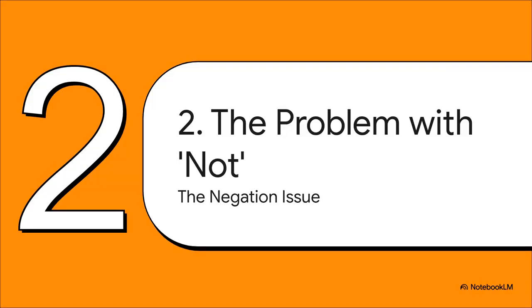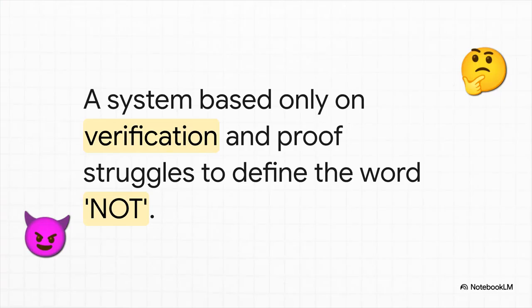So where does this whole truth-only system start to crack? Well, it turns out the entire thing gets tripped up by one tiny three-letter word. Yep, you're looking at the villain of our story, the word not. Think about it. In a system that's all about verification and proof, how do you prove a negative? How do you prove that there is not a purple elephant in the room with you right now? You can't exactly point to a not elephant, can you? This simple word completely breaks the elegant system of truth-only proofs.